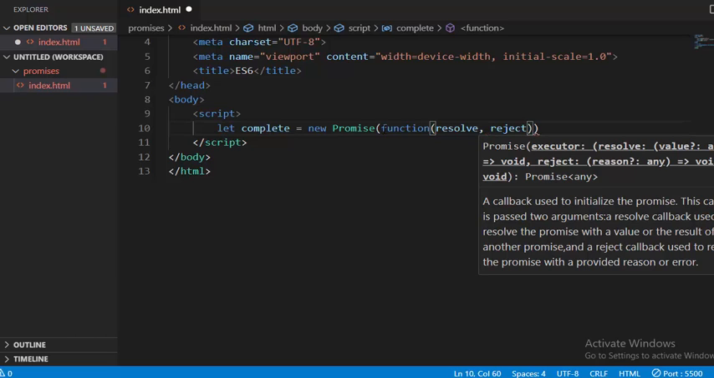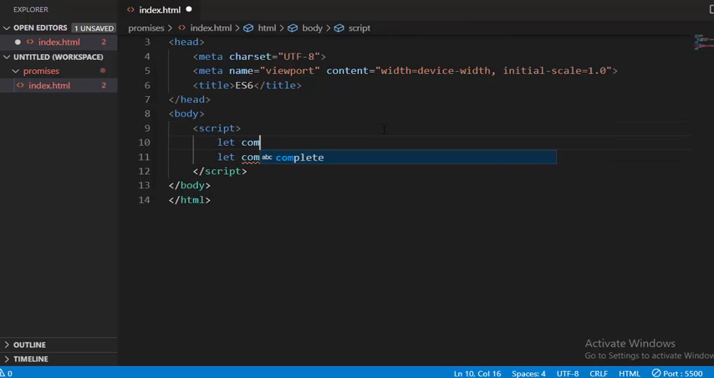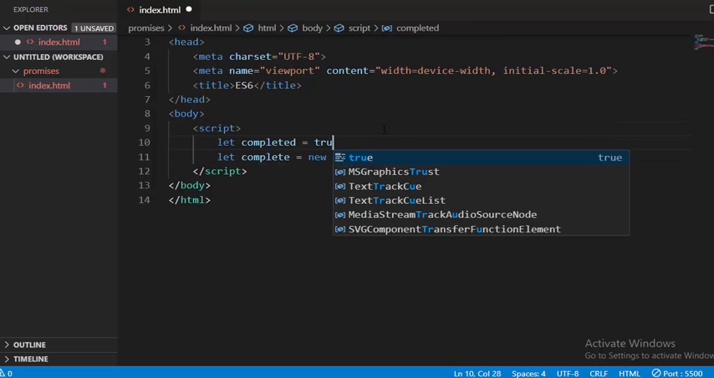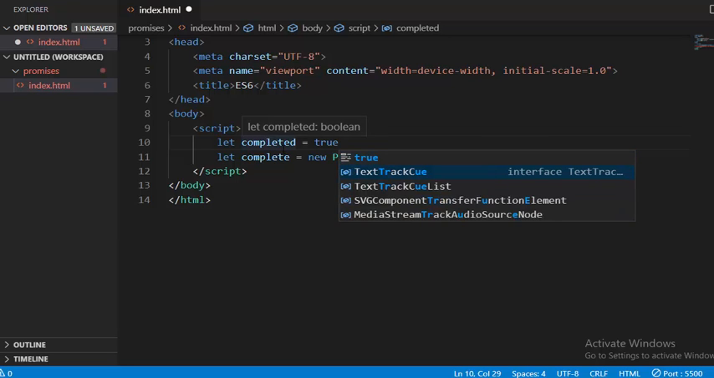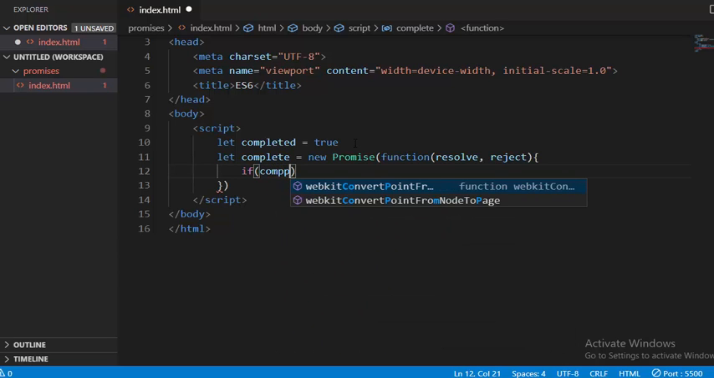What are these resolve and reject? The resolve method is going to run if everything is fine and you are done with learning JavaScript after 3 months. And the reject method is going to run if you can't finish learning JavaScript after 3 months. So let me declare another variable called completed and assign it to true. Now inside the executor function of the promise, we're going to write an if condition. So we're going to say if completed,